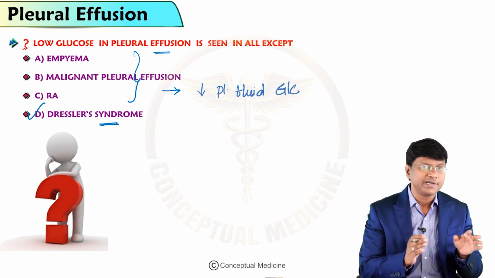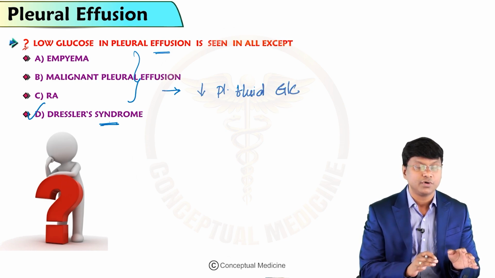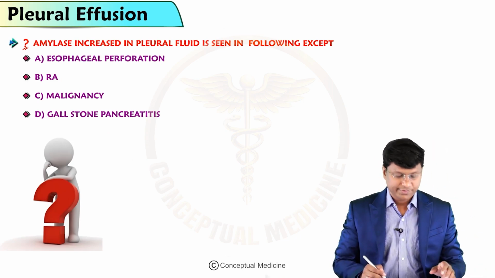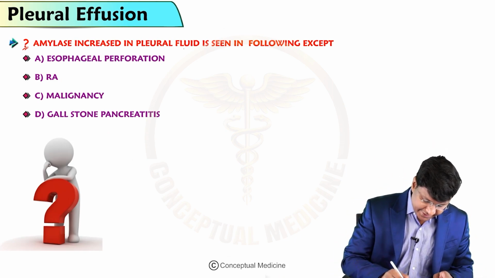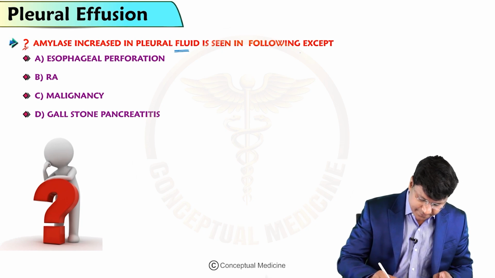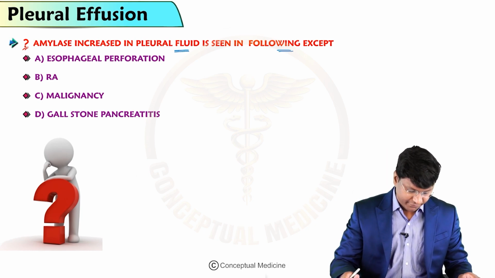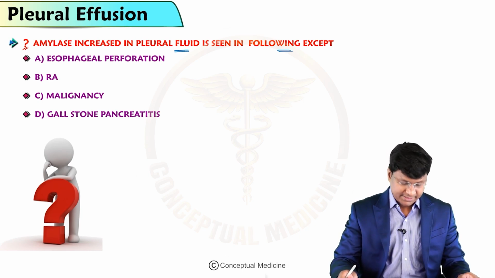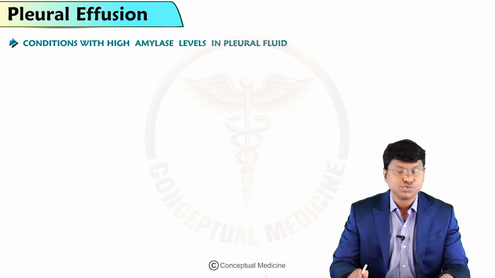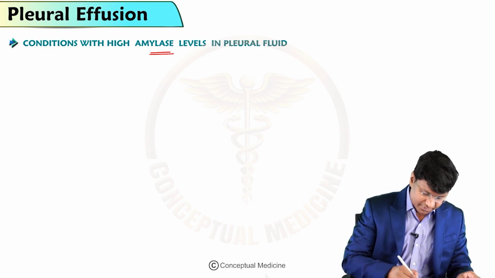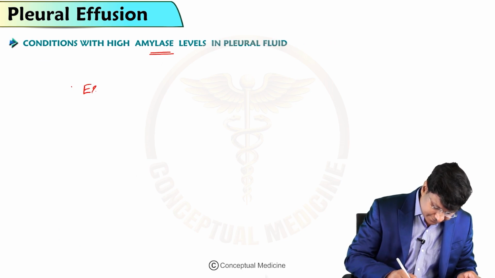Now, another important set of questions that you need to understand is about the amylase. So, the next question is, amylase increase in pleural fluid is seen in the following conditions except esophageal perforation, rheumatoid arthritis, malignancy, gallstone pancreatitis. So, the conditions with high amylase levels in the pleural fluid include number one, esophageal rupture,